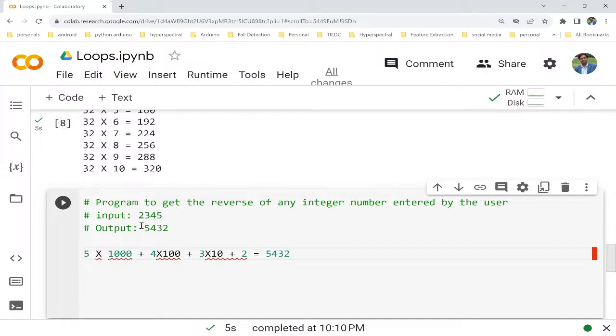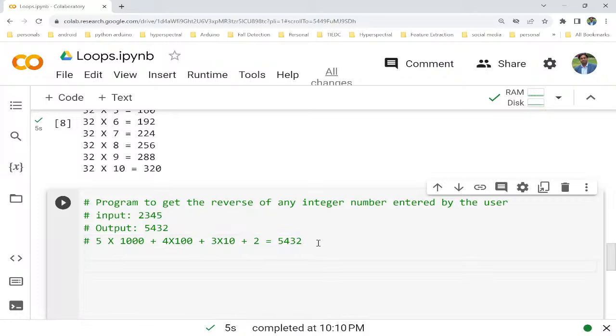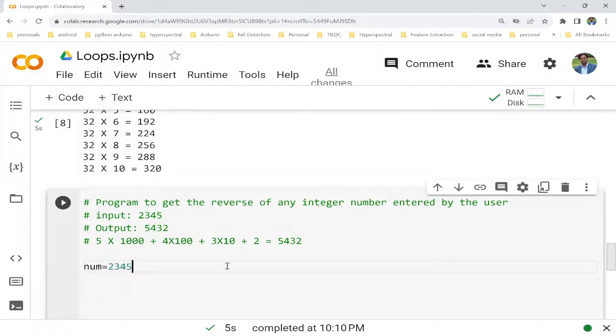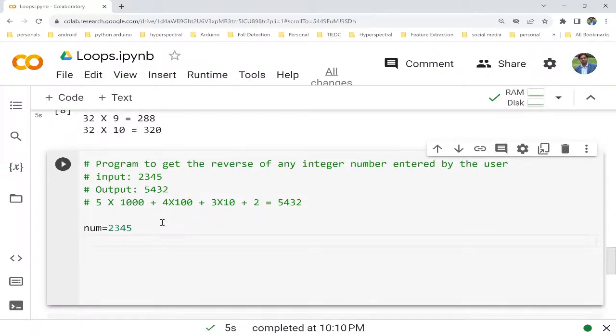So the first task is to separate out all the individual digits from the number. So how can we do it? Let me make this a comment, and let's focus on how we can separate the digits from the number. Let us start with num equals, and instead of asking the user, let me take a fixed number. Now we know in mathematics that if I put r equals 2345 % 10,